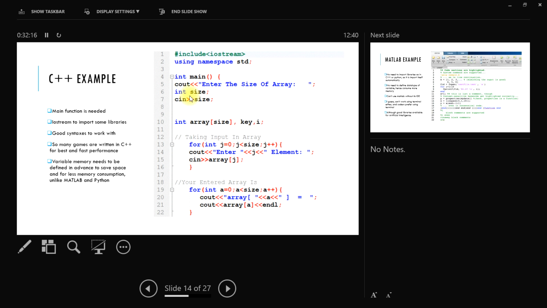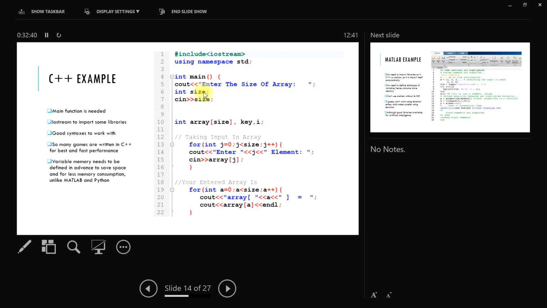In MATLAB, you could have just straight away written size equal to 5. It will store 5 in size. But how much memory that size will take in the computer depends on whether you're storing 5 or 5.5. Because 5.5 generally takes more, because it's a float. It takes 4 bytes, and 5 is an integer type, it takes 2 bytes.